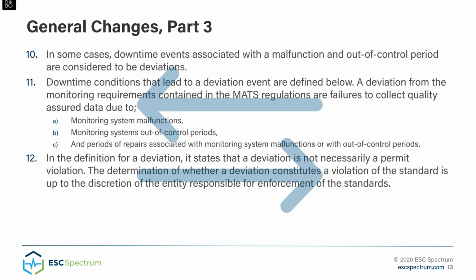And if you've looked at this in any detail, you understand that the definition for downtime associated with deviations is a very confusing section of the regulation, and I'm going to share it with you in a second here. And I want you to focus on it because, again, this change went into effect back on September 9th. And so the first time you're going to have to deal with reporting these downtime events as potentially deviations is when you submit your next semi-annual compliance report, which will be in January, which is next month.